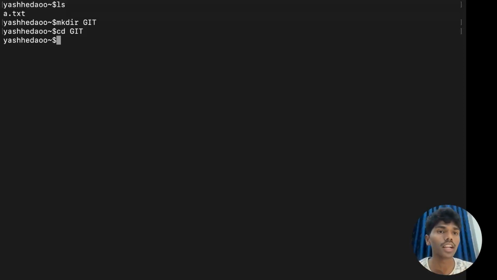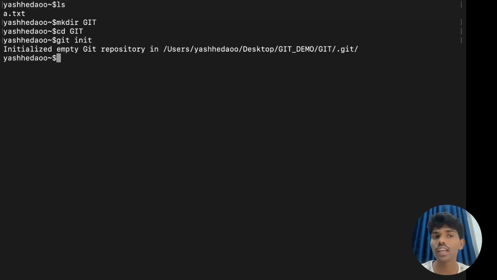So git is not initialized here. To fetch the changes or pull the changes, we have to use git, right? So for that we first initialize it. git init will initialize and convert a normal folder into a git folder. Now that we have initialized, we want to pull the changes. For that we use the command git pull